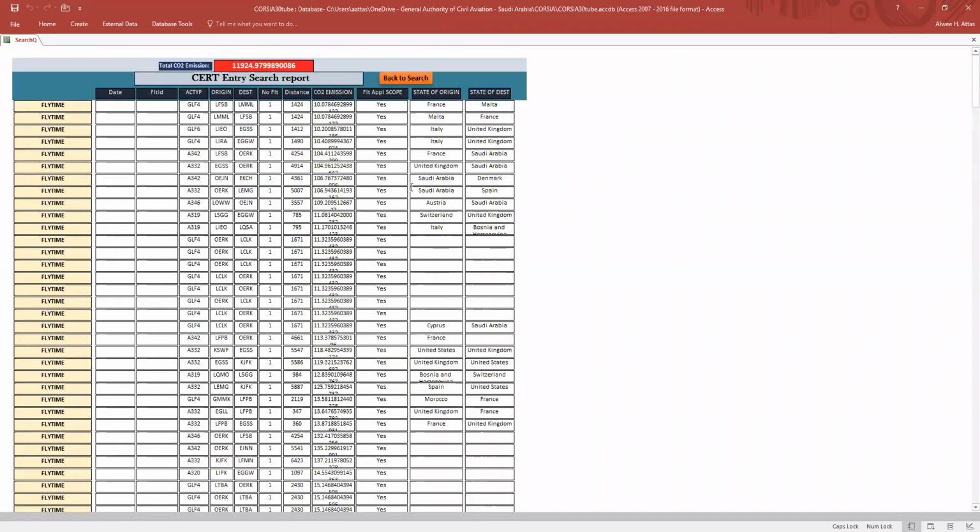So nothing else. Here's information that is CERT, because you don't have any information on the date and the flight ID, but we do have the aircraft type, the origin, and the state of origin. And not only that, the whole CO2 emission has been calculated at this point here at 11924. If you go back to your Excel report, you'll find it's exactly the same number. It says 11925. It's rounding back. So that takes care of the